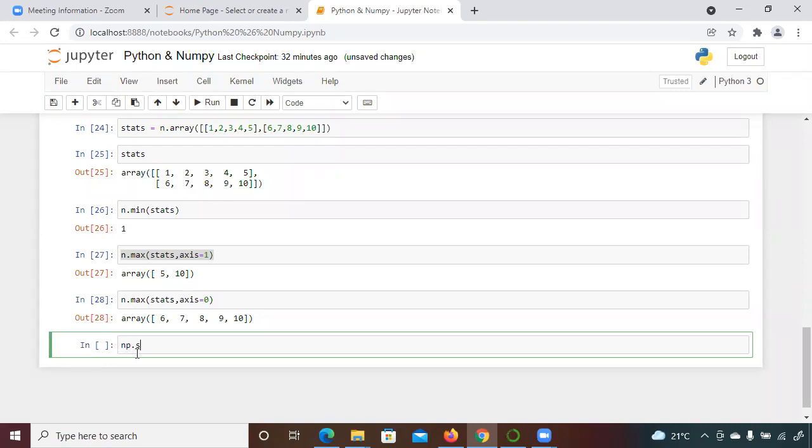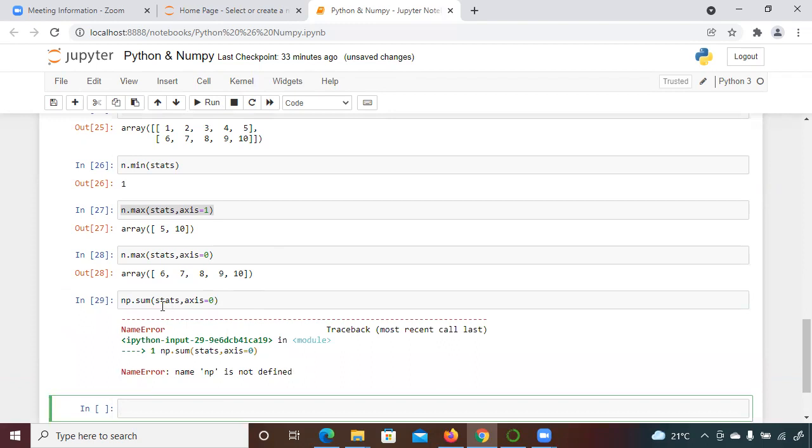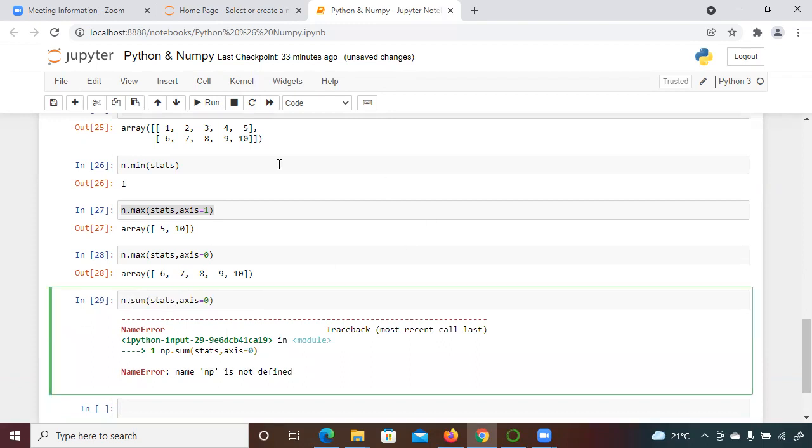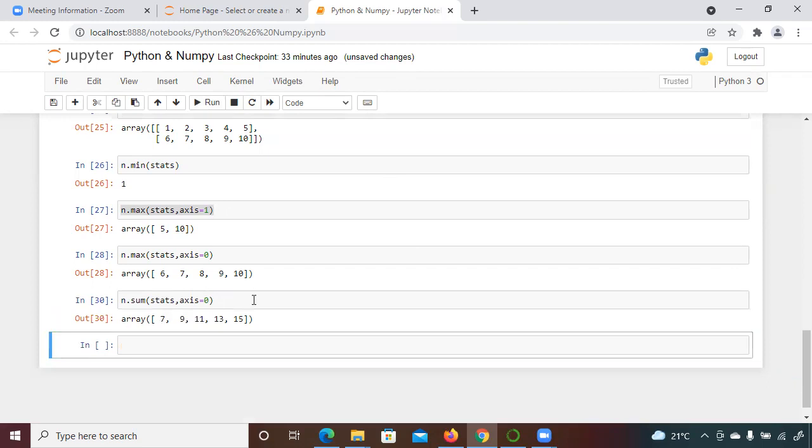Similarly, there is one more function, np.sum. It is giving you the sum row wise, like here 1 and 6, 2 and 7.